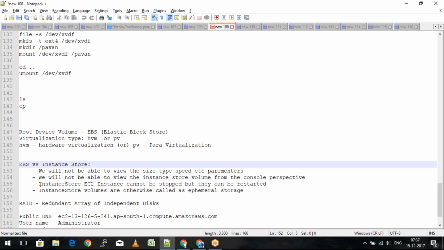So these are the major four differences between the EBS and the instance store volumes. When you're attending an interview, they do ask what you can do with instance store volumes, and whether they are really helpful or not. In real-time situations, it is not preferable to use them, because if anything happens to the instance, I completely lose the data. So any questions or queries on this part of EBS or the instance store volumes?